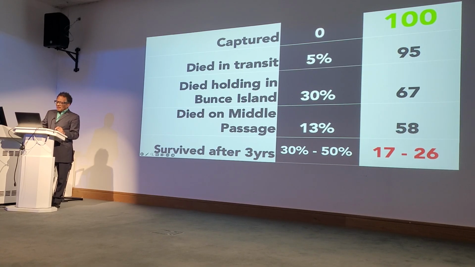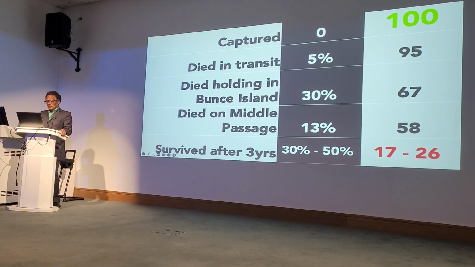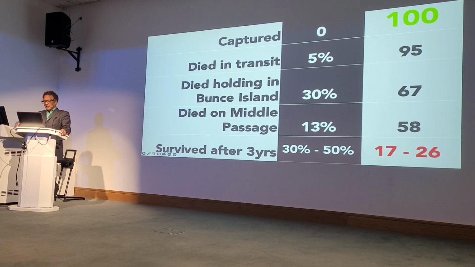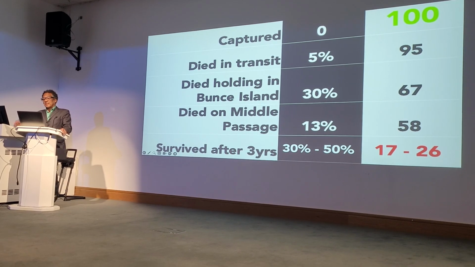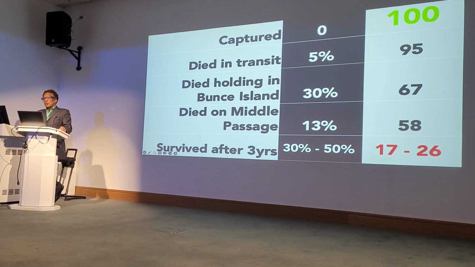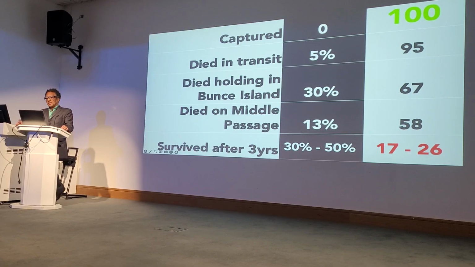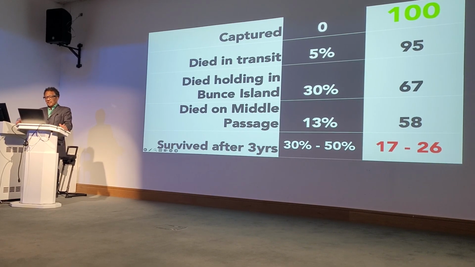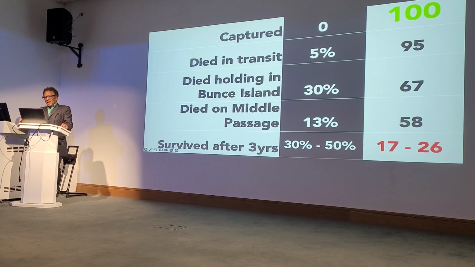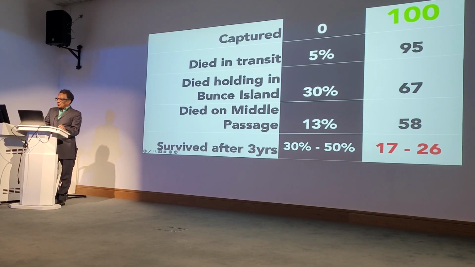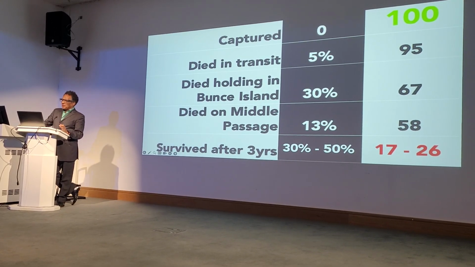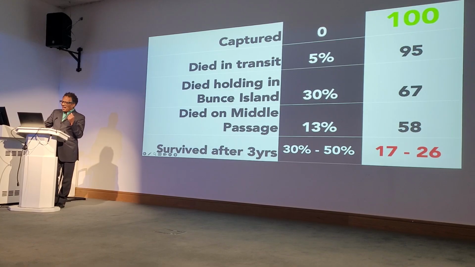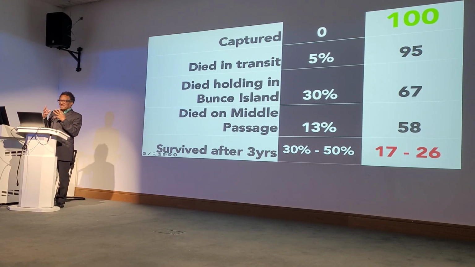And after three years, 50% had gone. So you're talking about 17 to 26 actually making it after three years. 17 from 100. Such is the attrition of those businesses. I find that hurtful, astonishing, and really sad, because it speaks to how they did create this thing called the Negro.